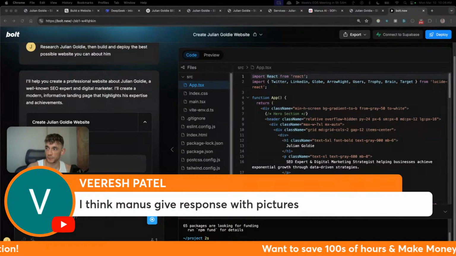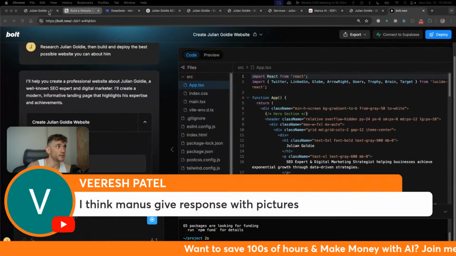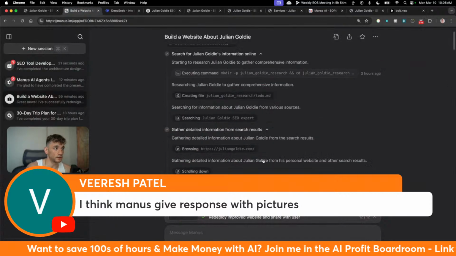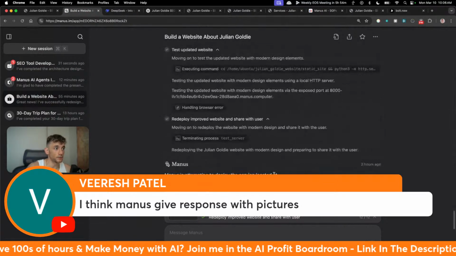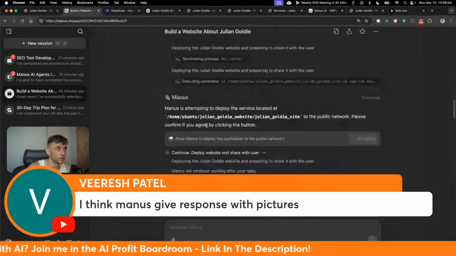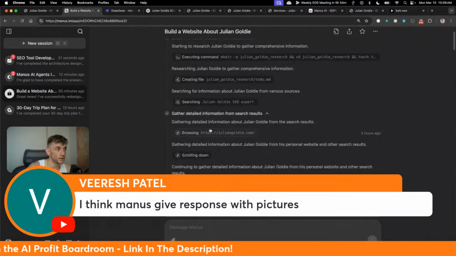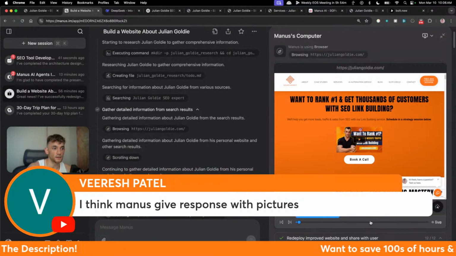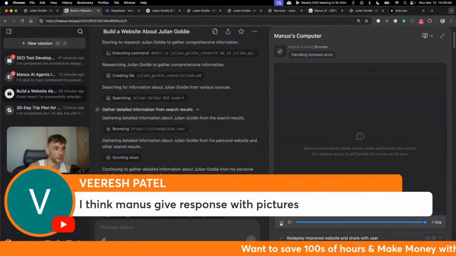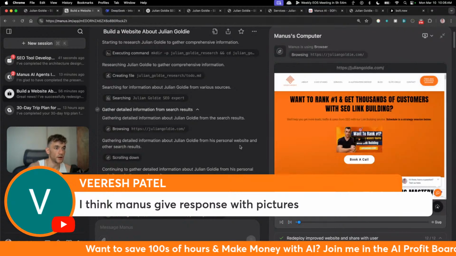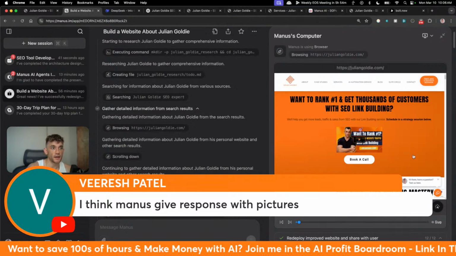And Manus gives response with pictures. Absolutely. So here's the other thing about Manus is like, it actually has this ability to browse the web directly, right? So for example, if we go onto the browsing section here, so it's browsing juliangoldie.com, and you can see how it's actually jumped through step by step on the website. So if we pull this up, pull up the browsing, there's no other AI agent that I know